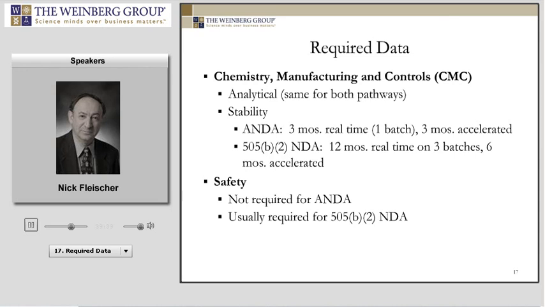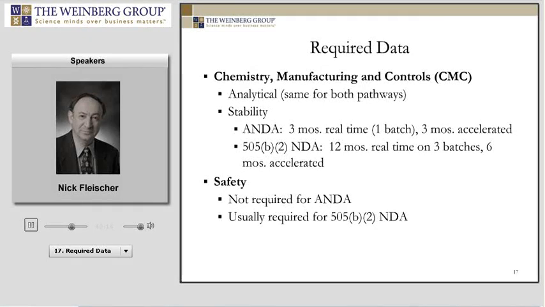Now, the only difference that I'm aware of is that for ANDA, what is being proposed at least, and this could change, is that the stability requirements will be similar to ICH Q1A, which means it'll be 12 months. However, instead of requiring 3 batches as would be required for an NDA, it will be based on 2 pilot and 1 smaller batch for the stability information. But it's my understanding at the present time that FDA is still accepting applications with 3 months of accelerated and 3 months of real time.